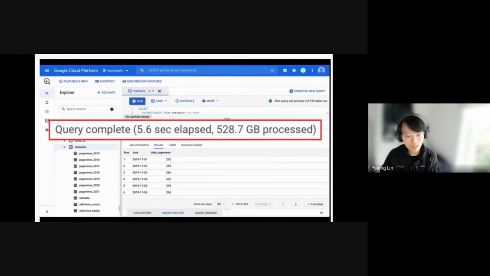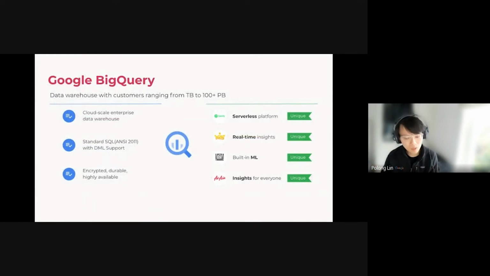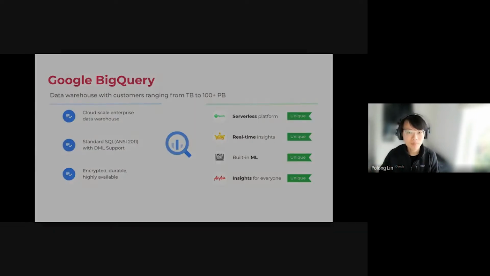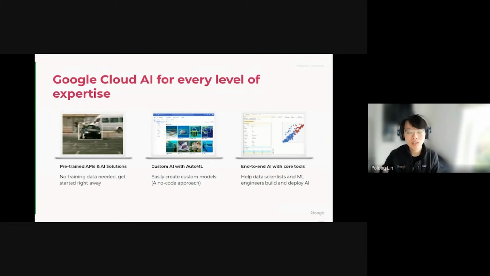But what about other things? What about machine learning? First of all, you can do some machine learning in BigQuery directly using BigQuery ML. So you can create your models. You can even deploy your models in BigQuery ML. And then from there, how would you take your ML to the next level? Well, there's ML for everyone on Google Cloud.